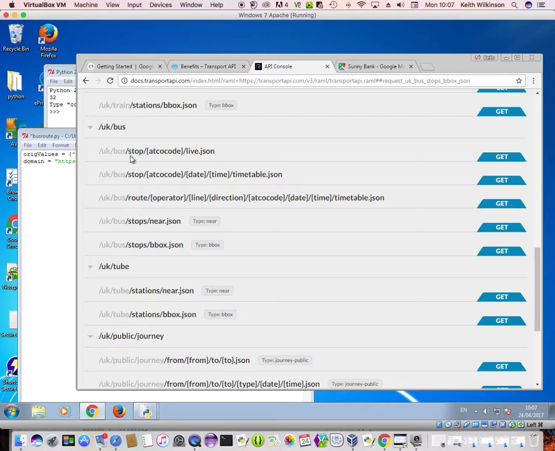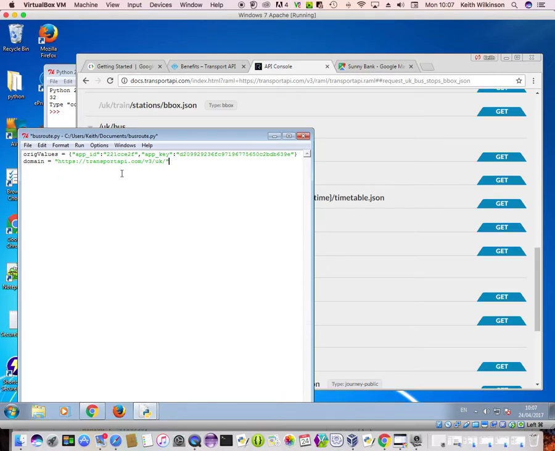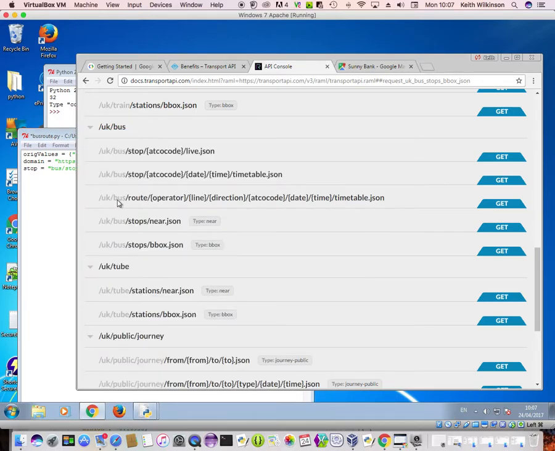So we're going to be using quite a few of these items. So I'm actually going to copy and paste the bits of information that I need from here. So we are going to be needing the bus stop. So I'm going to copy that, and I'm going to call that stop. We're also going to be using the root. So if I just take the root information from there,